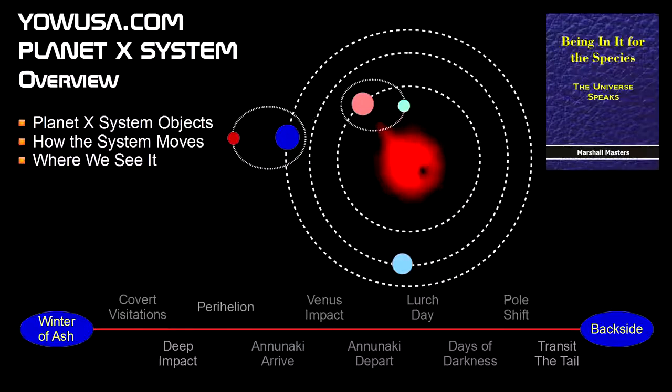This will be important because a common question we hear is, why is it we do not see the Planet X system behind us each year as well as in front of us? To answer this question, we first need to look at the bodies, which comprise the Planet X system. At the core of the Planet X system is the Nemesis brown dwarf star. It is